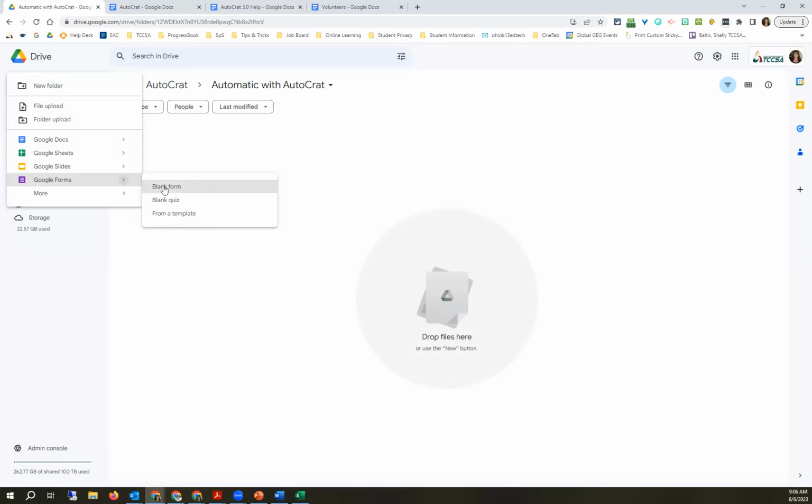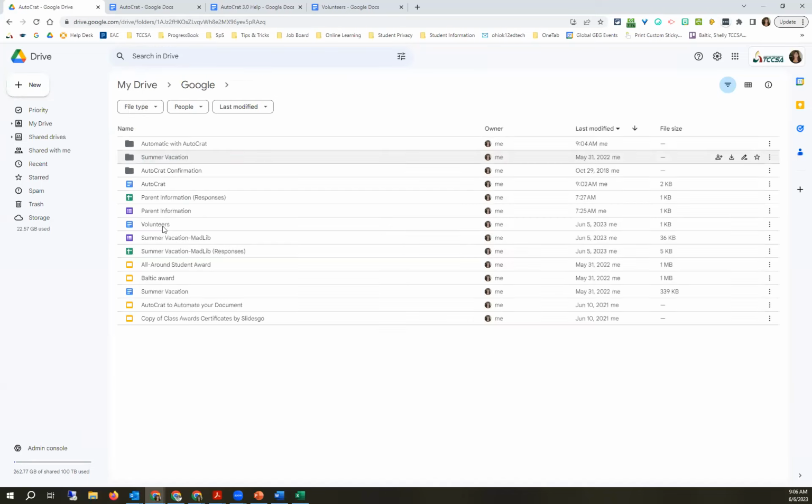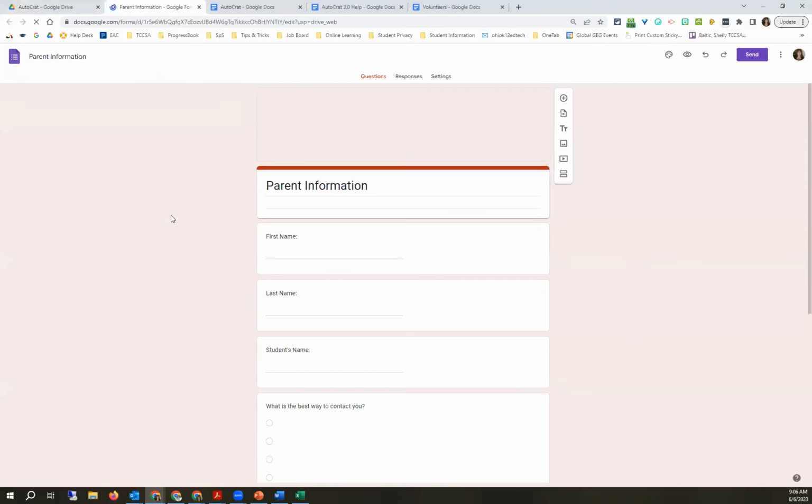If you are not super familiar with forms, I would at least get maybe 1 or 2 questions added into your Google form so we can add those into our form letter. So I'm going to go back up one step, and I already have a form created that I am collecting parent information on